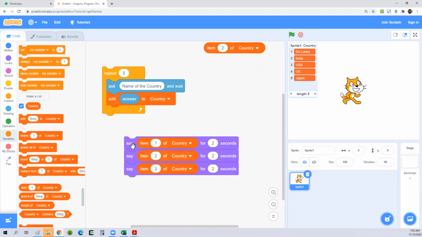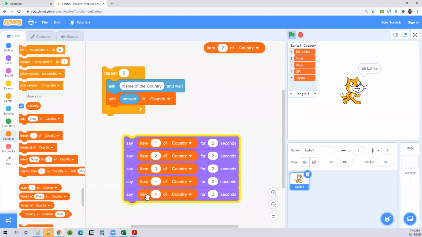I'll put one more, so this is item 4 this time. Then the last one: we come here, duplicate. This is the 5th one. So if I start from the beginning,